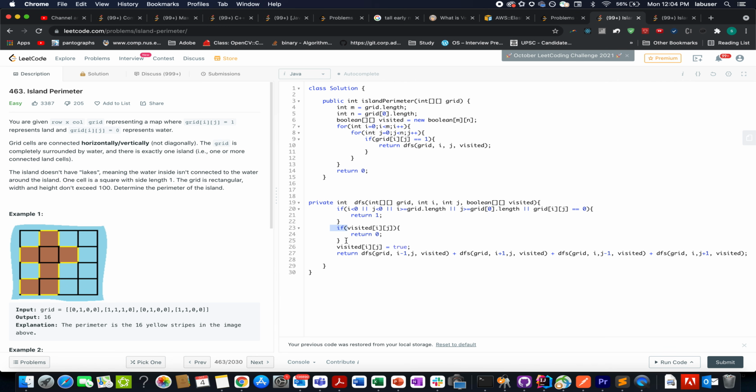I go ahead and check if I have visited the cell in the past. If I have visited it, I simply return 0 from it. Otherwise, I go and mark it as visited. I invoke my DFS operation in all the 4 directions, top, left, bottom and right, and simply return the result whatever comes out of this parent DFS method. So a stack would be formed across this DFS, and we will calculate the answer as we progress in that stack. So let's try this out.